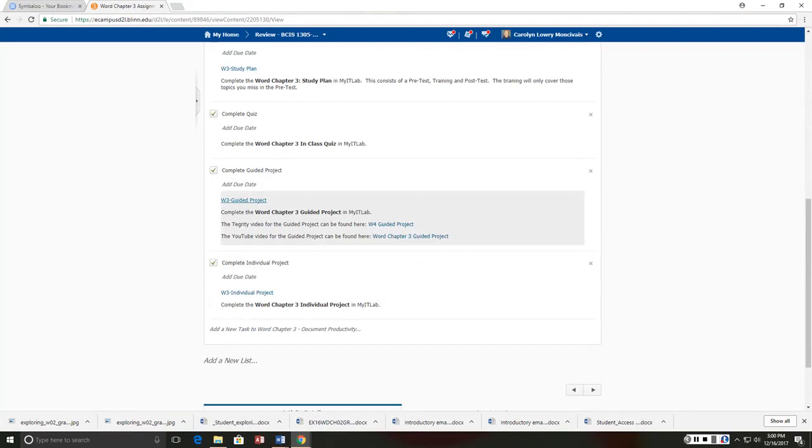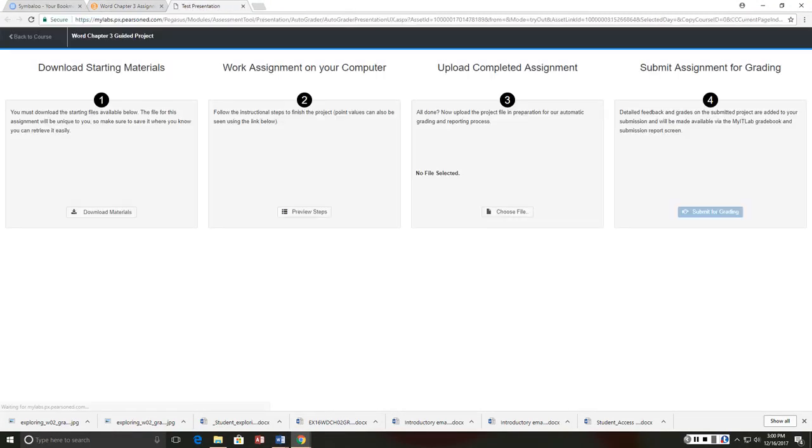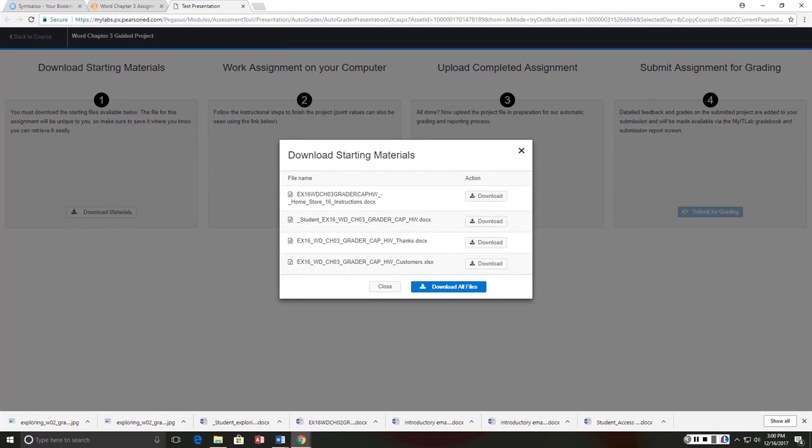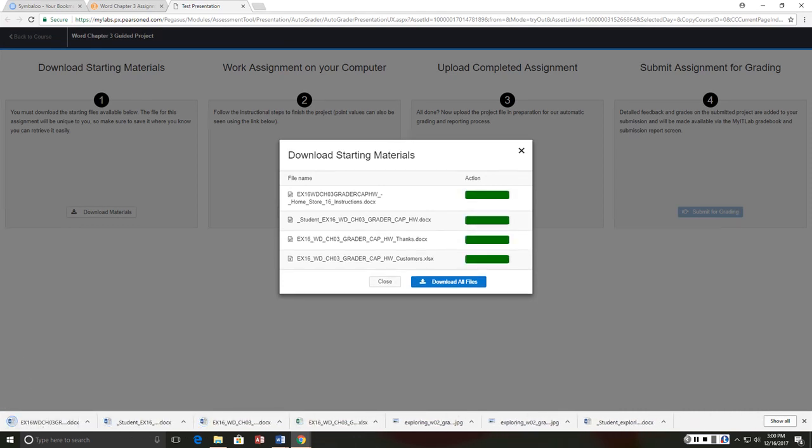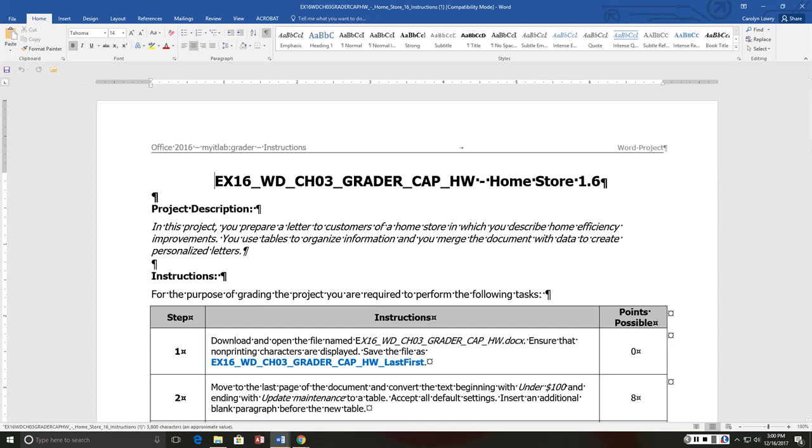We go down here to Guided Project, and I'm going to click on this, and it's going to open up the guided project for me, and I'm going to click Download Materials. Again, I don't like to download all files because it does it in a zipped folder, and I find that much less convenient. So I just click Download, Download, Download, Download. This is always going to be your instructions, and this is always going to be your student file. I actually did the last two as the instructions and the student file. So I open this one, it's my instructions,